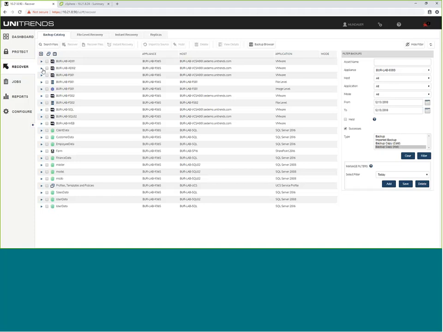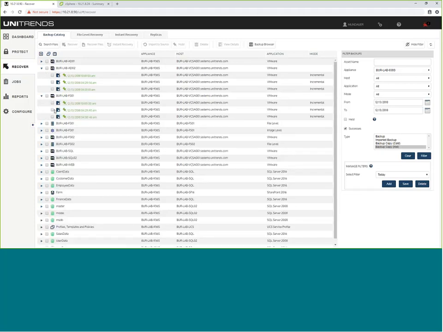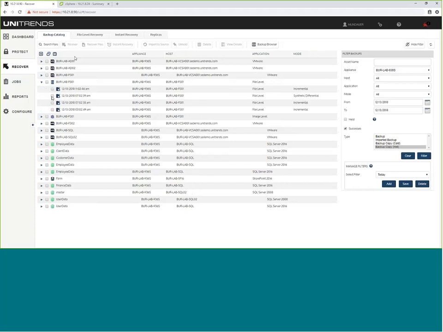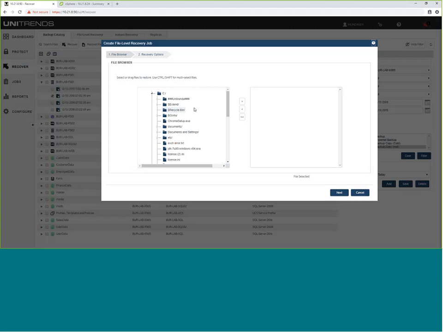And then when it comes to recovering files off of the backups, it's pretty simple, right? You click on the machine, you click on a point in time, and click Recover Files. We can recover files directly out of agentless snapshots just by mounting the virtual disk and then browsing through the directory tree. Same thing for agent-based backups. We can just go in and quickly find the files we're looking for.